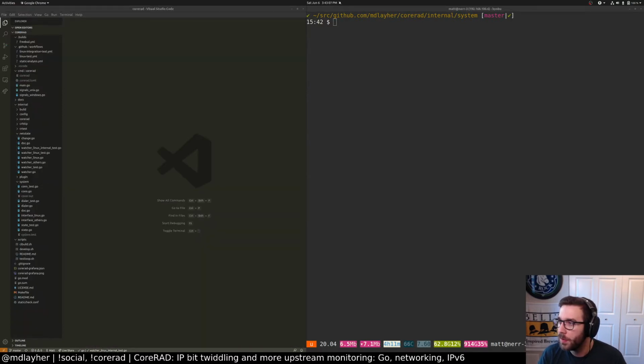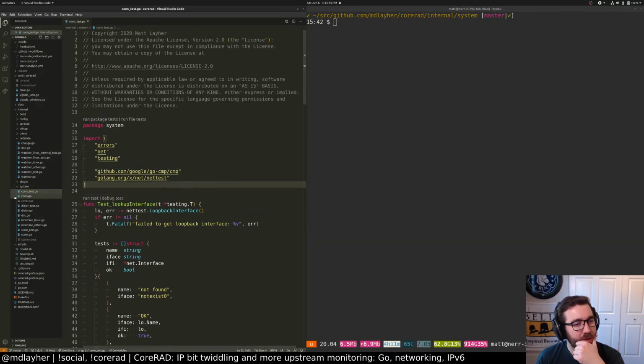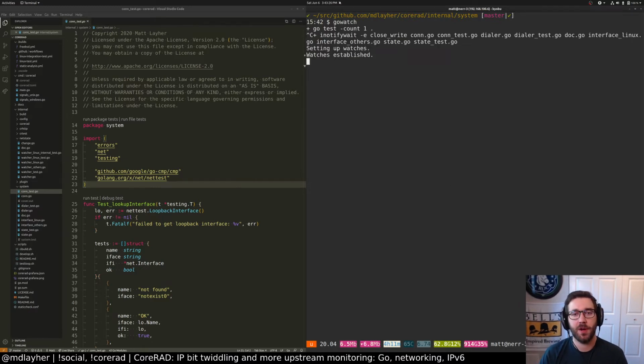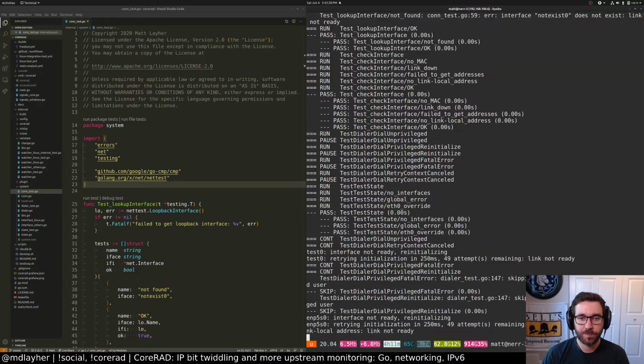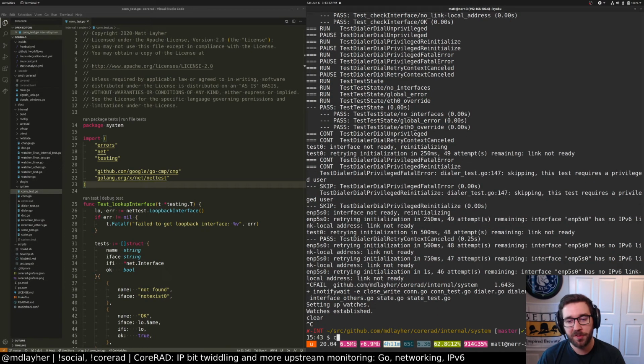System context. No. Yay, networking. Yeah, I should add more stuff to that list too, but I think that's probably a pretty good start. So what is going on with these tests? Why are they failing now? It's just the unprivileged test, isn't it? Yeah. I think I probably broke this. I think the privileged ones probably work fine.